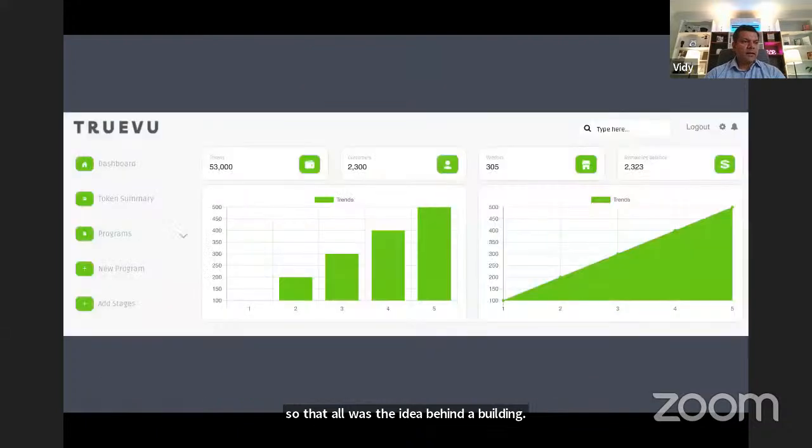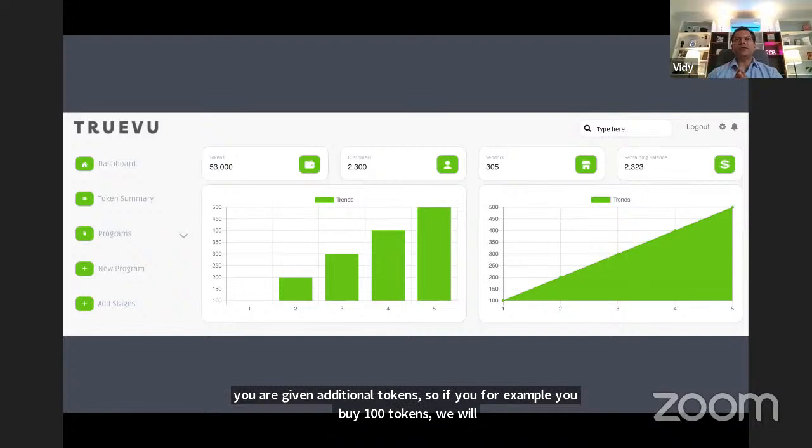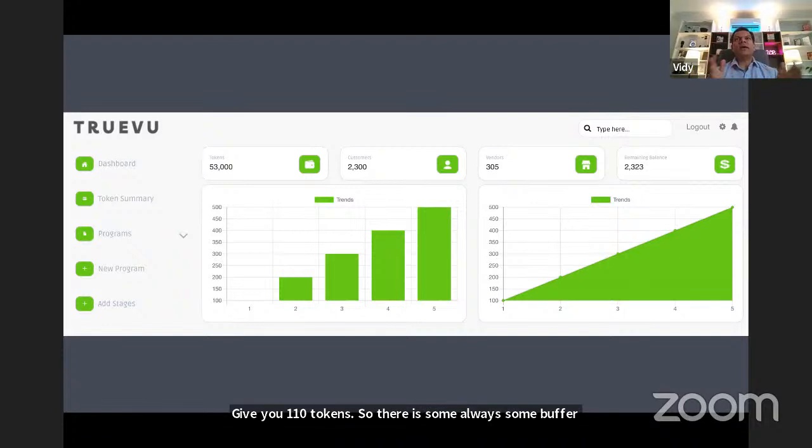Another thing that we integrated in this solution was that every time you buy a token or fill up your wallet, you are given additional tokens. For example, if you buy 100 tokens, we will give you 110 tokens. So there is always some buffer there. If you typically just buy one ticket, you spend the money, you don't have any extra benefit.